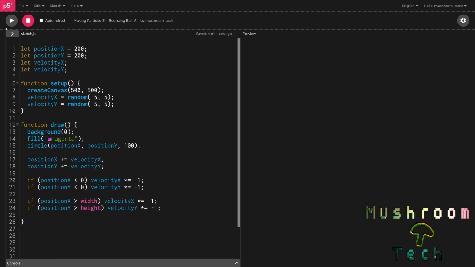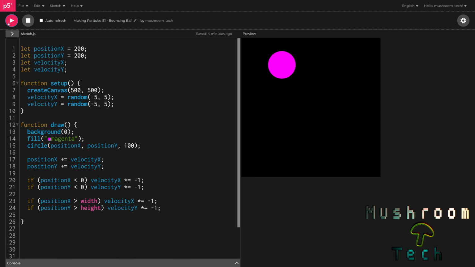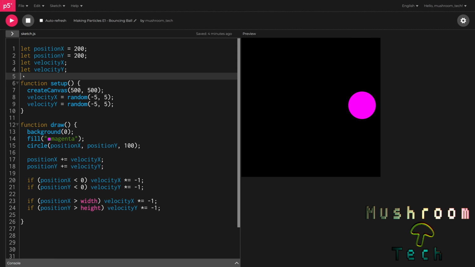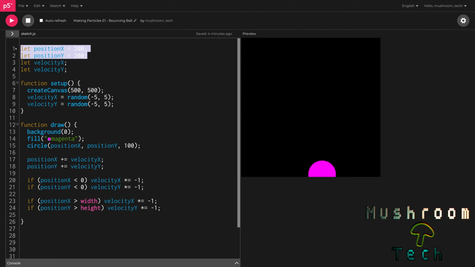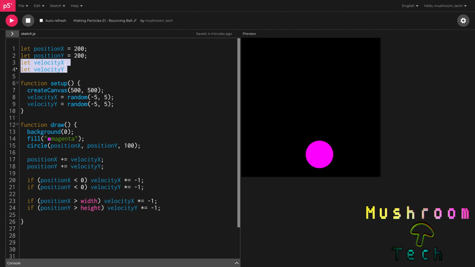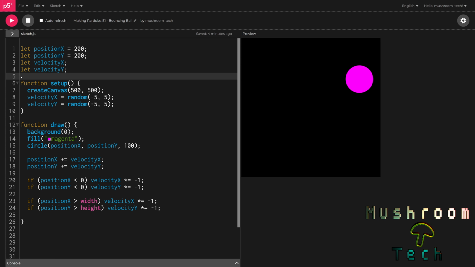Here's the project from last episode. I'll quickly recap. At the top of our code, which runs at the very start of the program, we create 4 variables. Position X and position Y, which hold the position of the circle, and we set them starting values each at 200. And velocity X and velocity Y, these hold the speed of the ball,